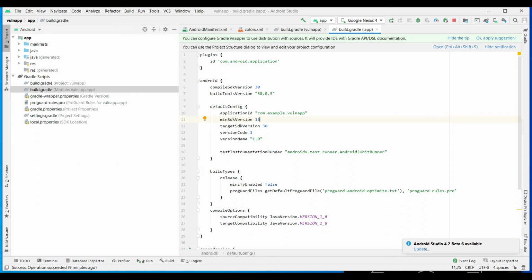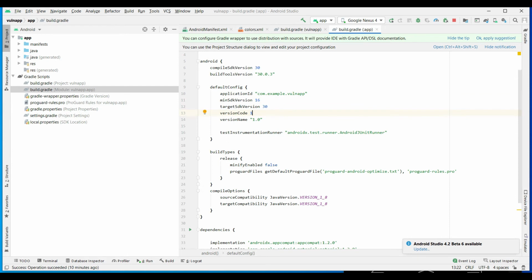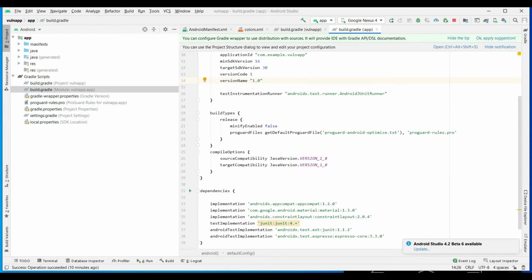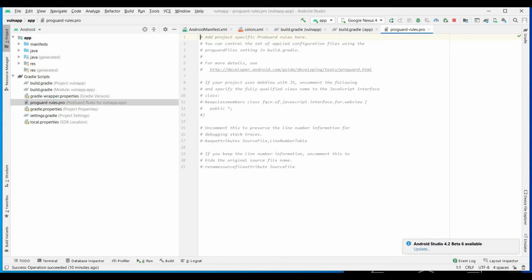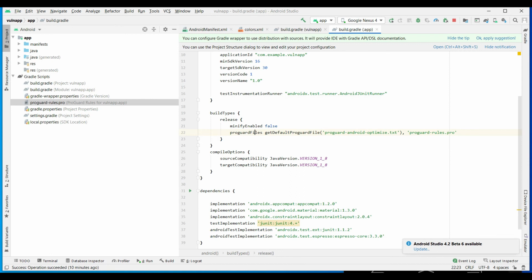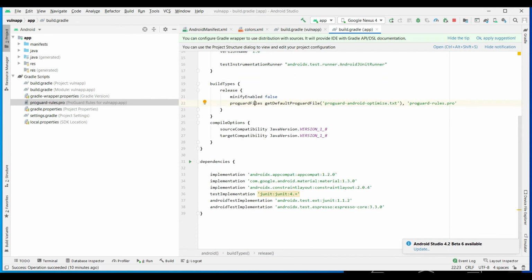Here, instead of 16, if you give 21, then if you run this application on Android 4 or Android 5, it will not run on that device, because it works only from Android 7 or so. This is declared here, and if they have done any modifications or updates to the version, you can see that here. Also the build types: as we already mentioned ProGuard, but here we are not using any ProGuard, and we also didn't give the ProGuard rules. It is not mandatory. If you want, you can use it, or else there is no need.